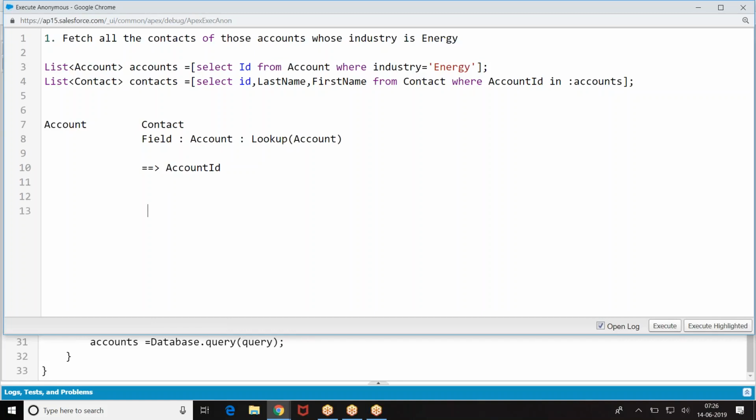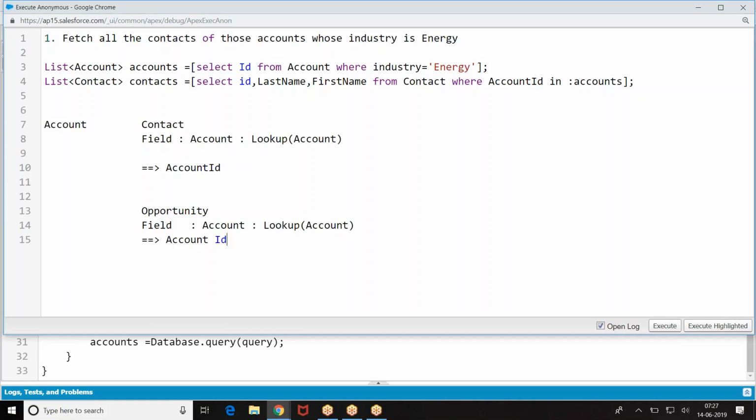Similarly, we have Opportunity. What was the field we had in the opportunity? Account. How do you refer to this field?